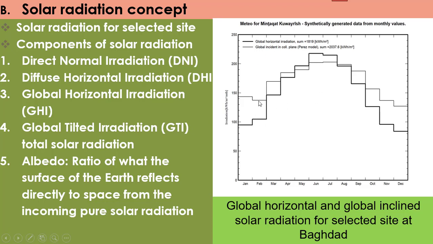As we see, the total global solar radiation on an inclined surface seems more than the global solar radiation on a horizontal surface. This is why we can discuss why the average total or global solar radiation on inclined surfaces is more than the global solar radiation on the horizontal of the earth or the ground, because the inclined surfaces